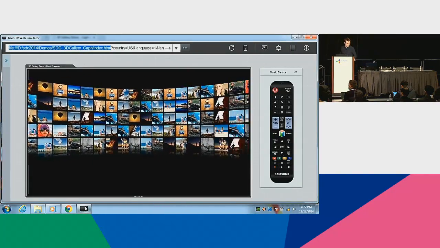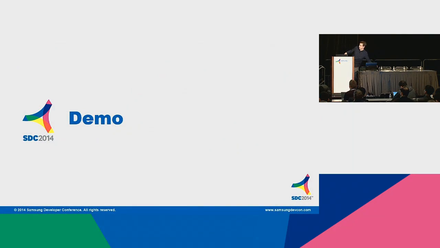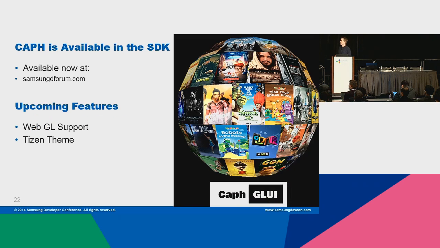So can you switch back to my PPT, please? The next session will give a little more detail about that. But that CAF framework you just saw, that UI framework, is available on our Samsung D-Forum website. The main trick for why we're able to get such good performance is using certain 3D transformations in CSS, which triggers the GPU accelerator to assist the web app. When you use CSS animations and transforms, the GPU kicks in